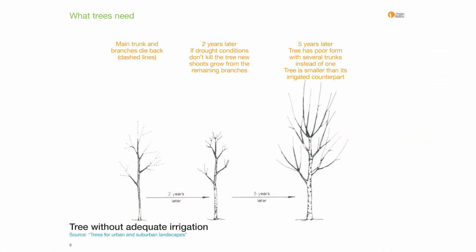And again, why we're all here is how can we possibly get more water to a tree? And here's why that's important. We all know it's important, but why is it important? Without an adequate amount of irrigation, a newly planted tree will have dieback, which is indicated on the far left there with those dashed lines. In 2 years' time, if it hasn't already been killed completely, new shoots will grow from those remaining branches. And then 5 years after that, what we'll end up with is a structurally poor tree. So aesthetically, it doesn't look great, but it actually also has some pretty major ongoing maintenance issues with structural pruning, and it could just be a really bad structural tree.